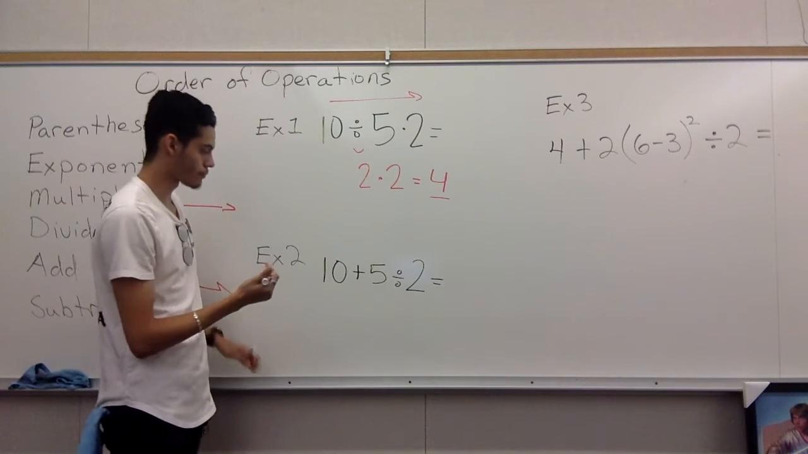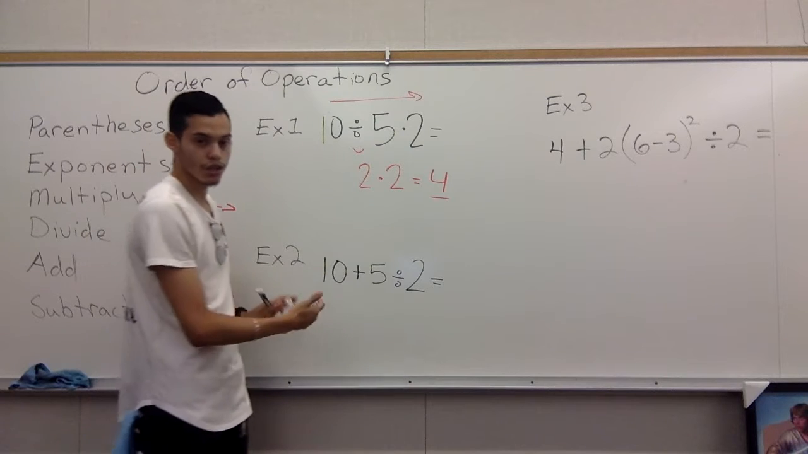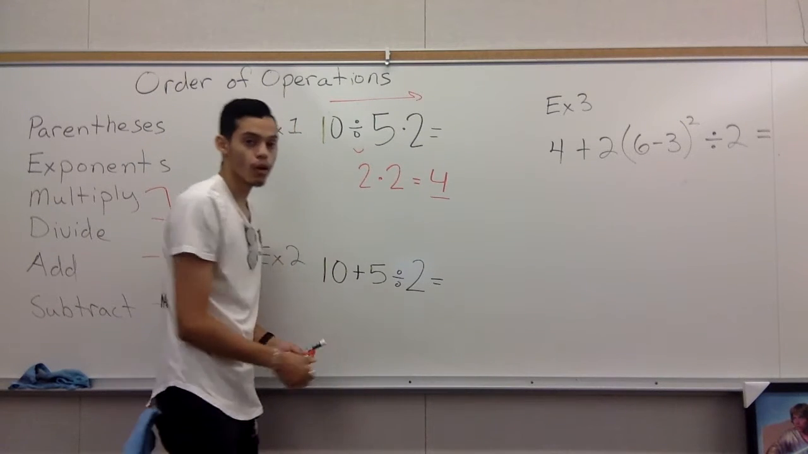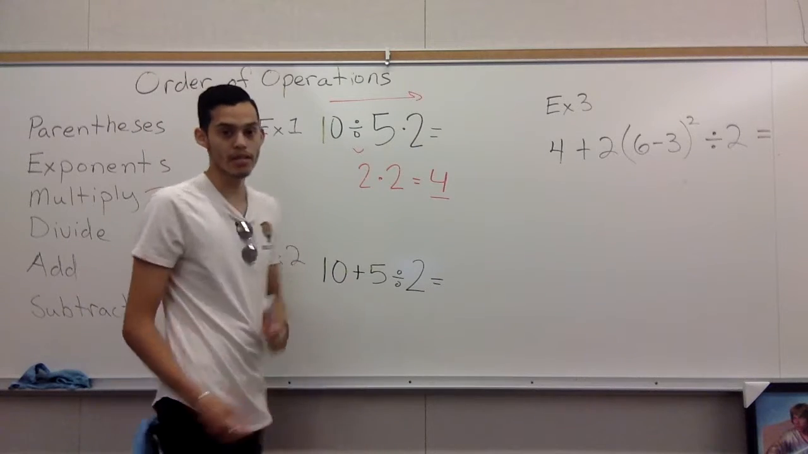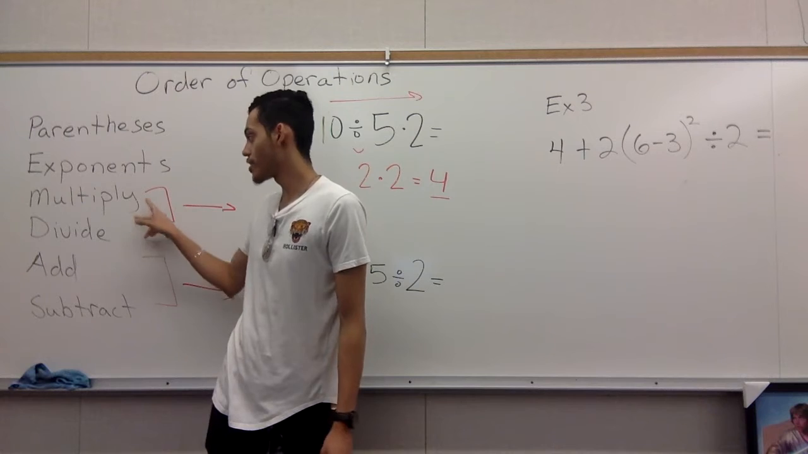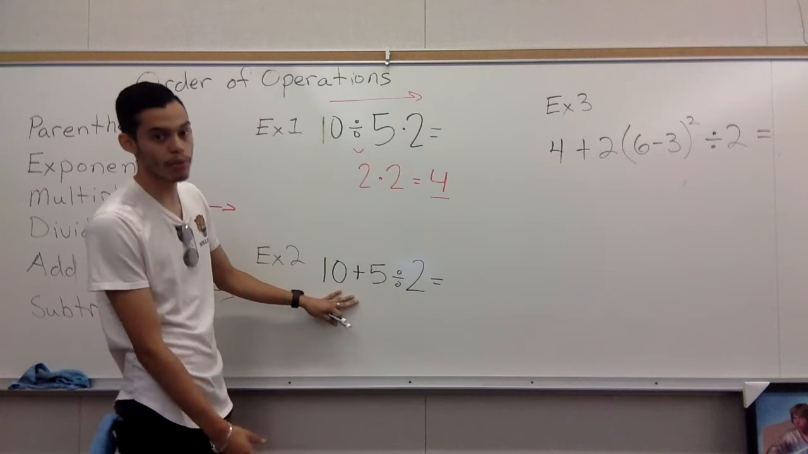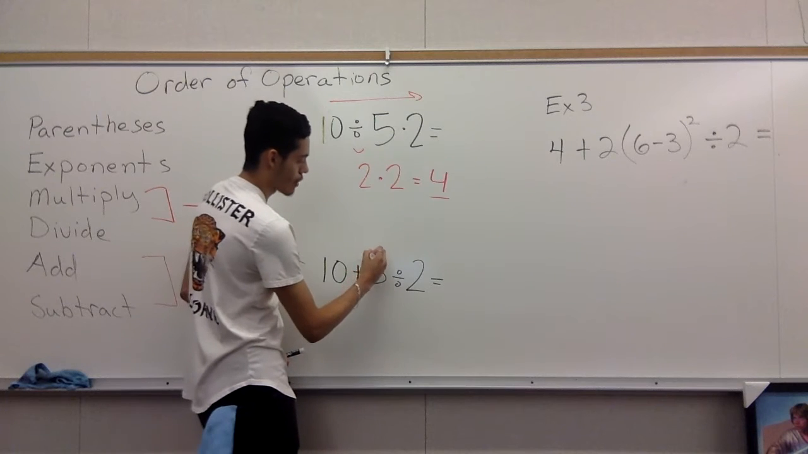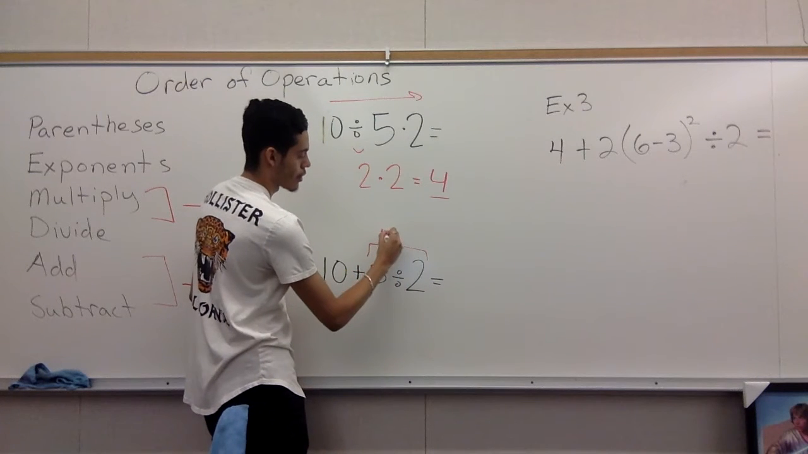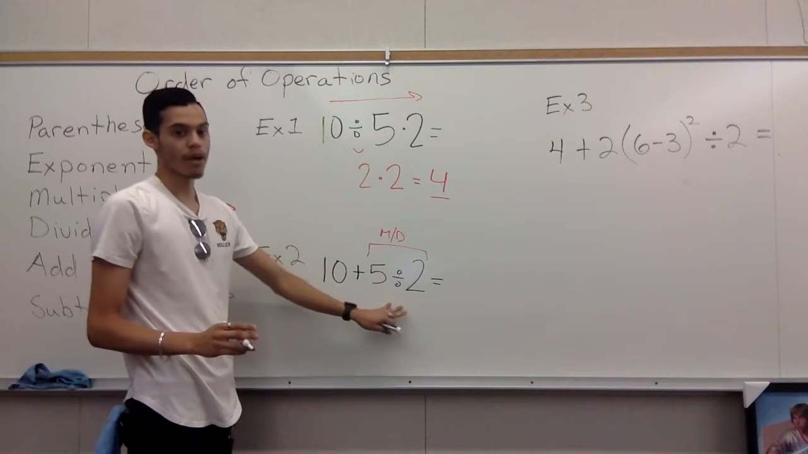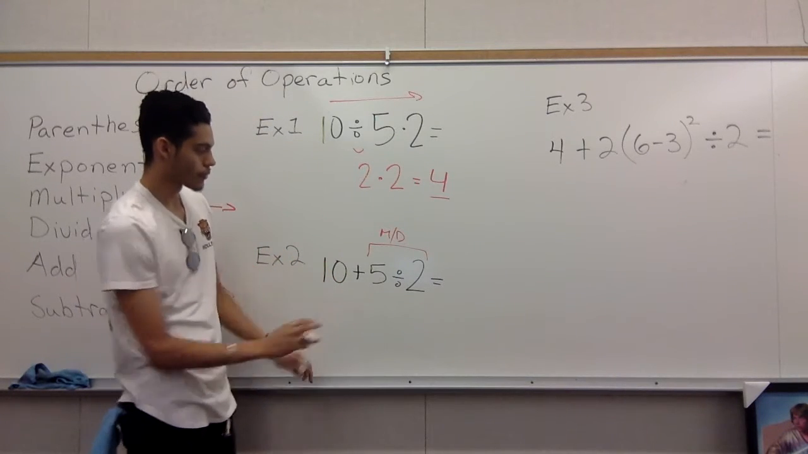In this case, you read the problem, 10 plus 5 divided by 2. You work with PEMDAS. You don't see any parentheses. You don't see any exponents. But you see multiplication and division appear in this problem. You have this 5 divided by 2. So this 5 divided by 2 right here would fall under multiplication and division. So that would take priority over this addition. So you do,